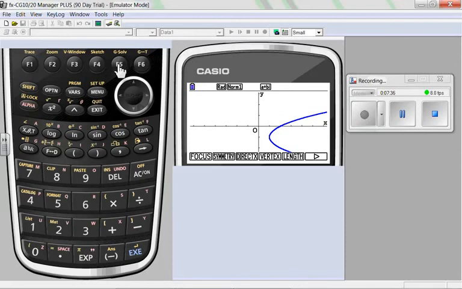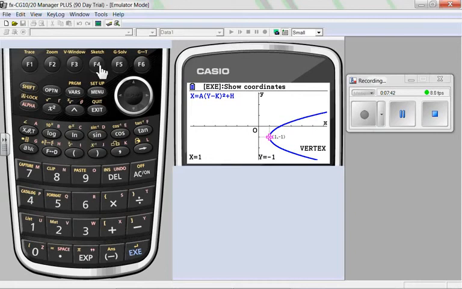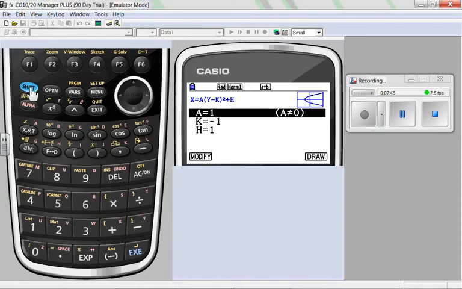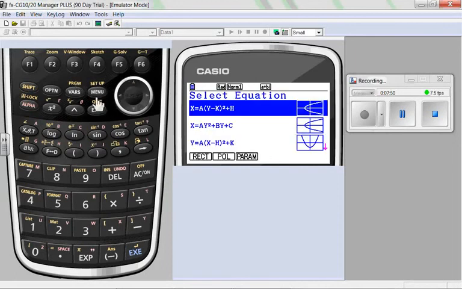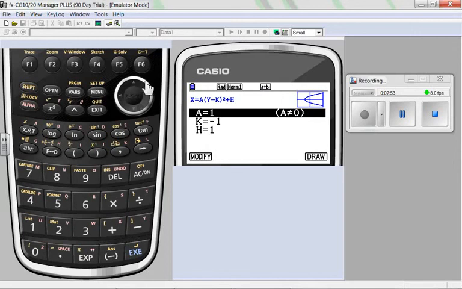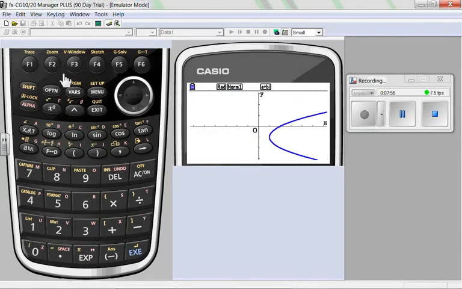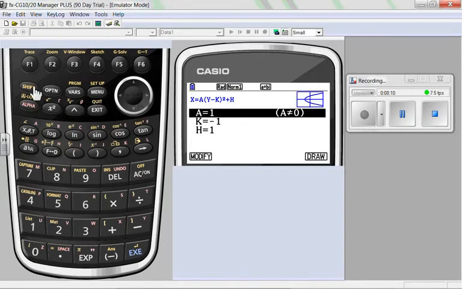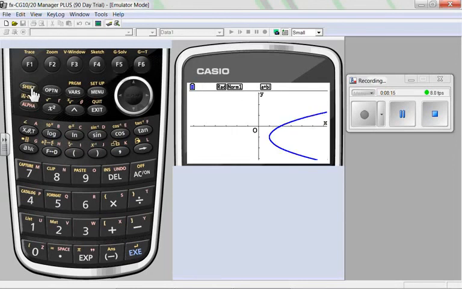Go to my G-solve and find out what I can find out about each one of these. I can find out the vertex. Exit. Let me go ahead and redraw that. I hit exit one too many times there. So I'll G-solve again. The length, L is 1. It's the focal length, also known as the latus rectum, which causes some chuckles in the audience, depending on which book you use and how you teach it.